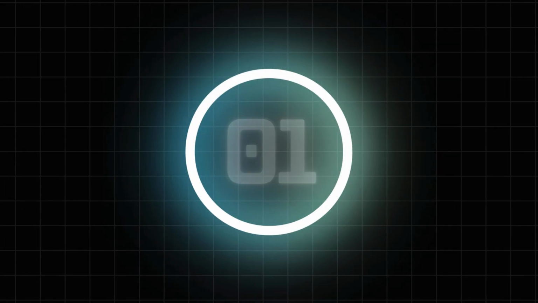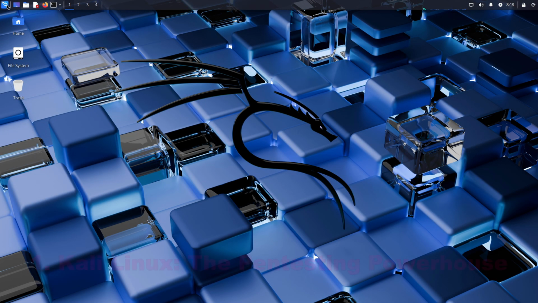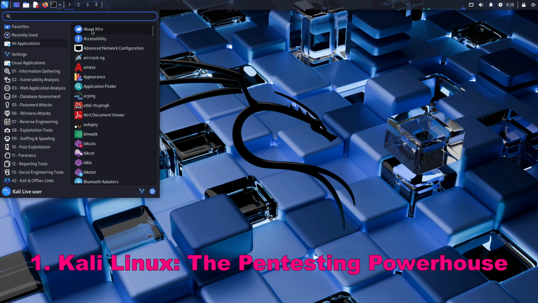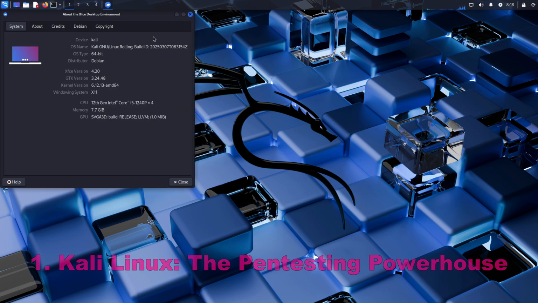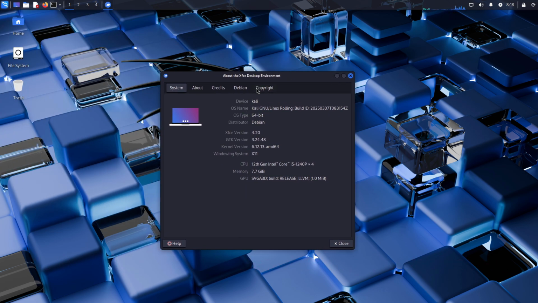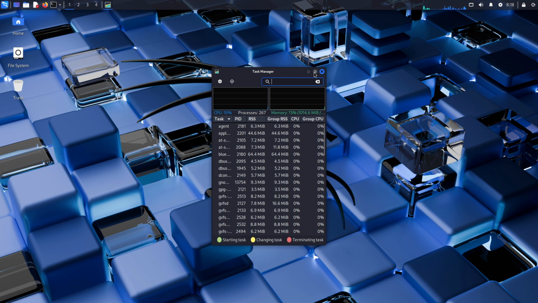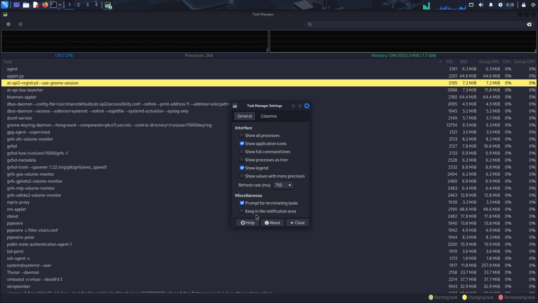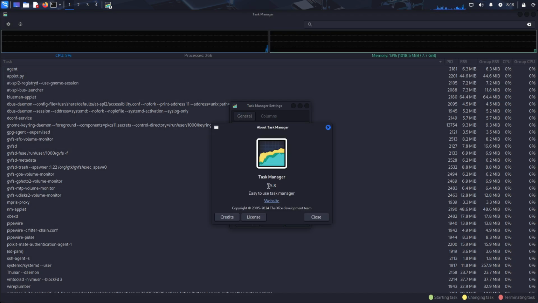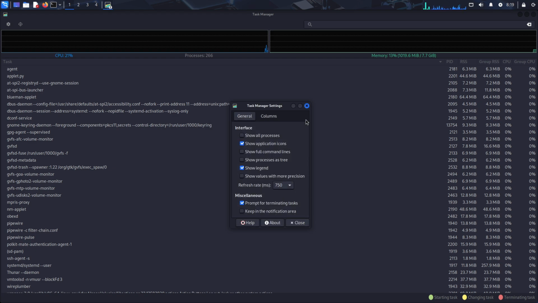Number 1. Kali Linux, the pentesting powerhouse. Kali Linux is a Debian-based distribution specifically tailored for digital forensics and penetration testing, first released on March 13, 2013 by Offensive Security. It comes preloaded with over 600 industry-standard security tools, including Nmap, Metasploit, and Wireshark, organized into meta